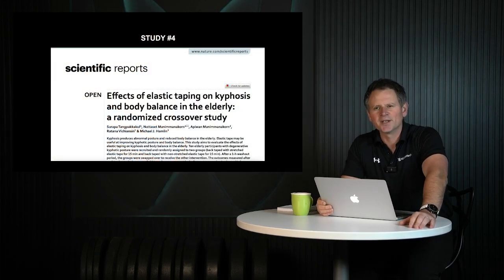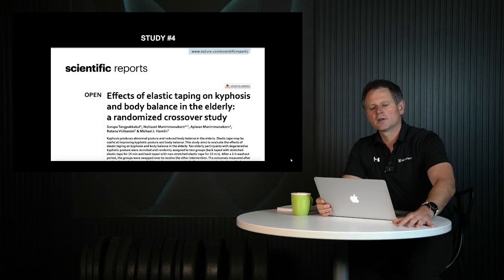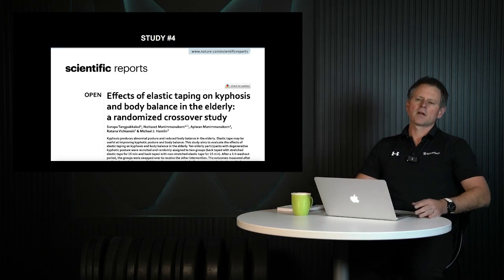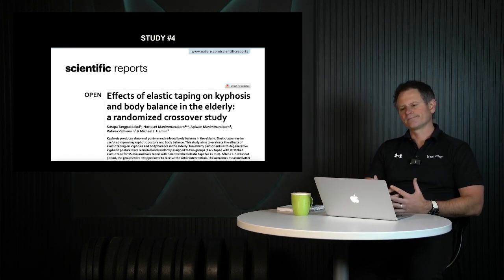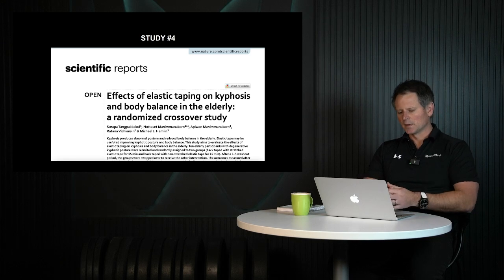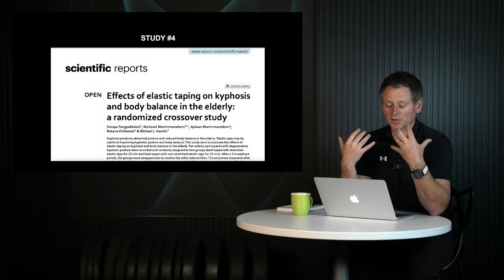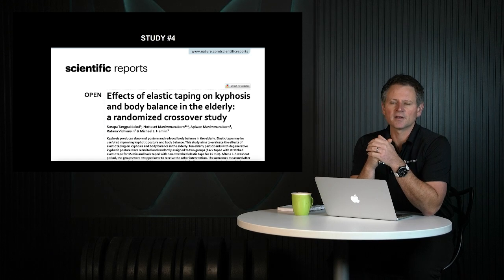All right, as we conclude with our breathing function there, we dive into the piece where we talk about thoracic pain, thorax pain. This is another recent study, and they're looking at the impact of tape on the kyphosis of elderly patients. And the interesting thing, as we'll see in a second, is that the posture of kyphosis, as we've highlighted, is not just reserved for elderly patients anymore. It's now reserved for